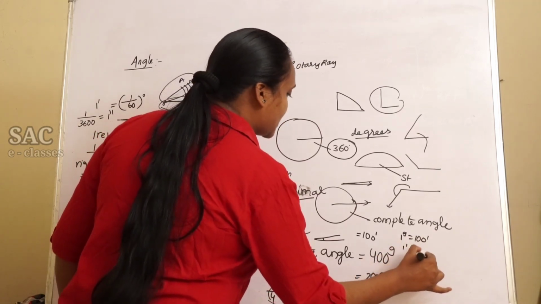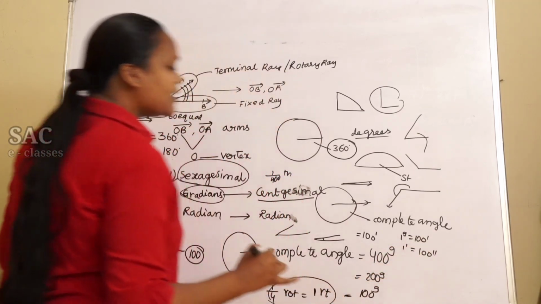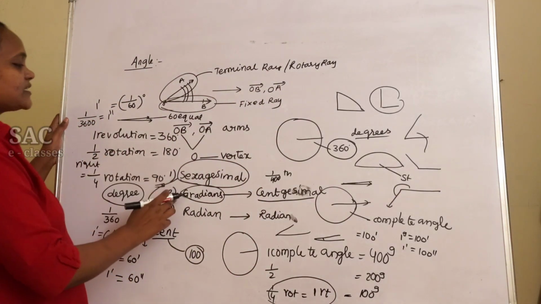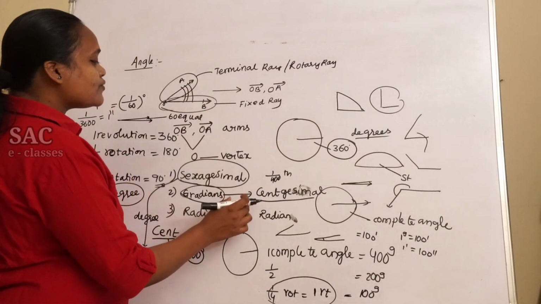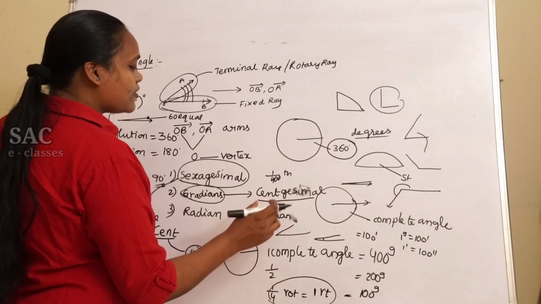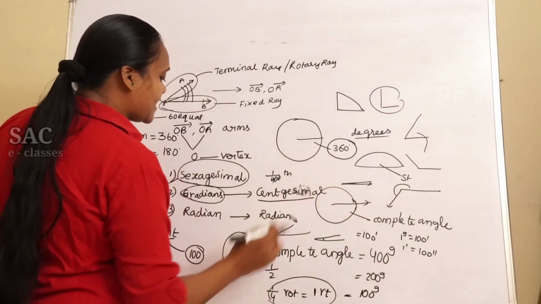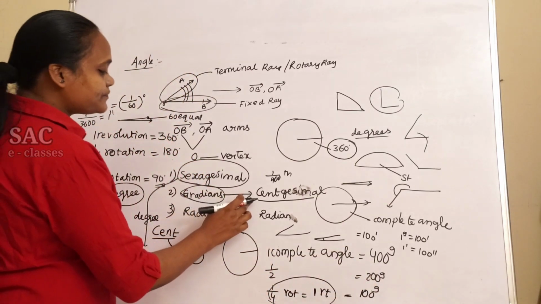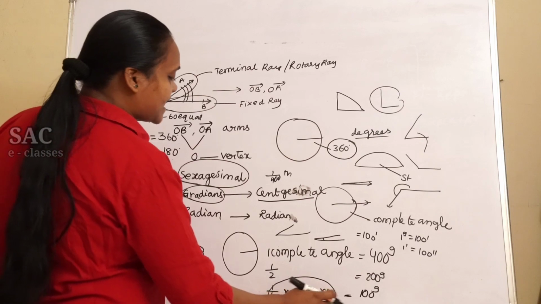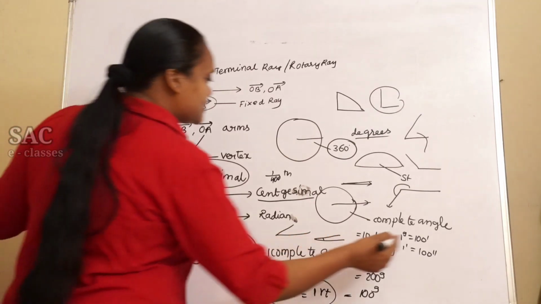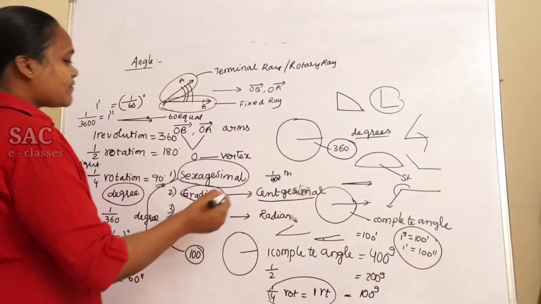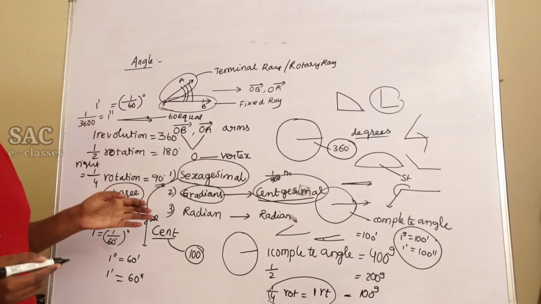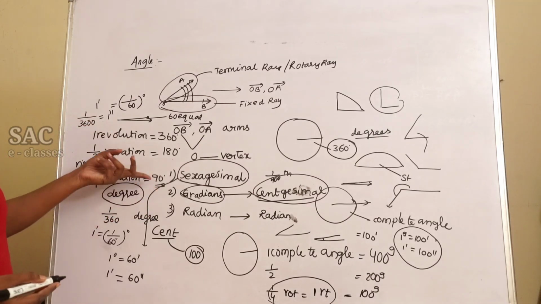Each minute is again divided into 100 parts. Such one is called a second. Nothing but in the gradient measure or centesimal measure, an angle is usually measured in grades, and one complete angle is 400 grades. Half of the rotation is 200 grades, and 1/4 of rotation, which is a right angle, is 100 grades. Now we got it. That's what the centesimal is. Usually the centesimal system is otherwise called the French system, which we will not use in our usual problems or anywhere.